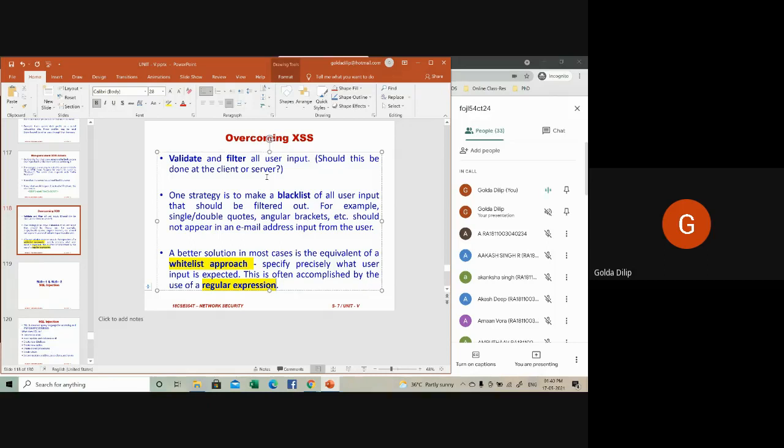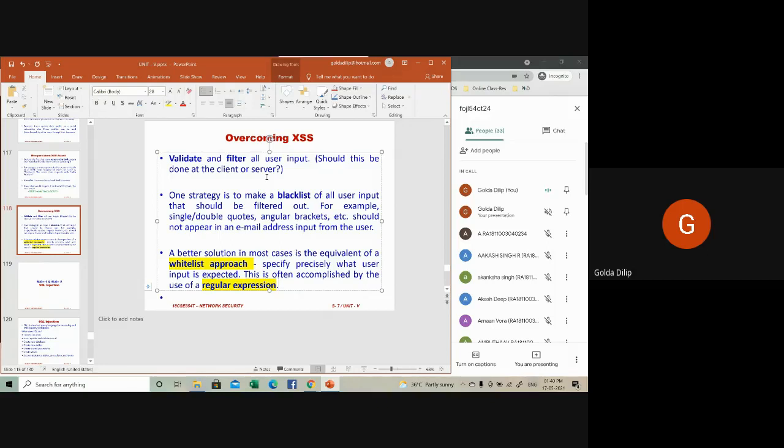One possibility is for the server to HTML encode any part of the web page that is being contributed by the user, that is to be sent to the browser. HTML encoding means replacing specific characters by a code that begins with an ampersand.